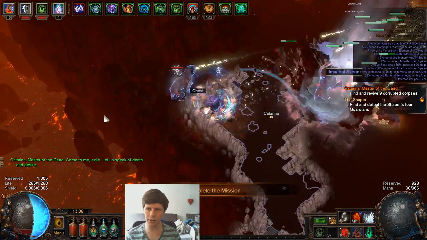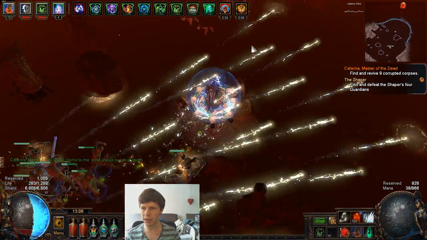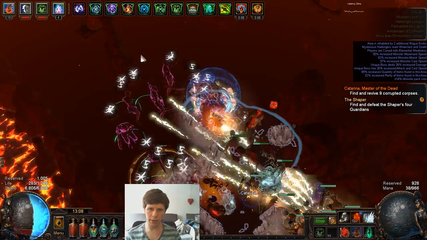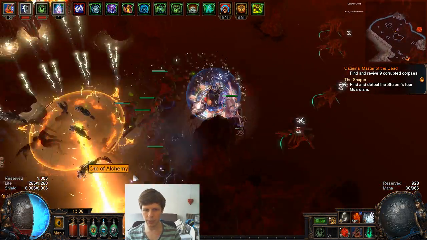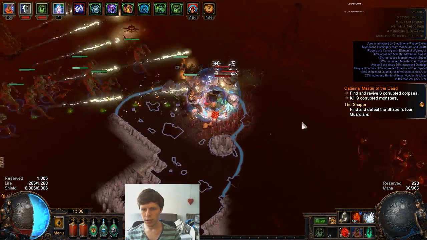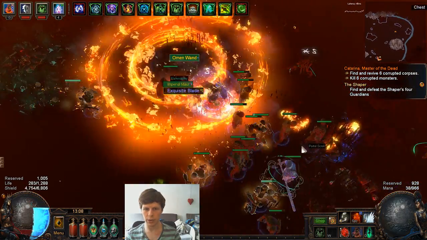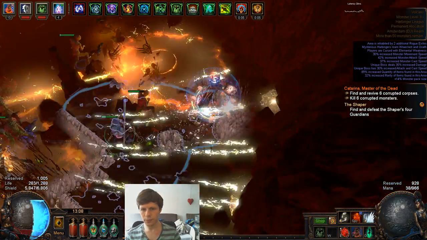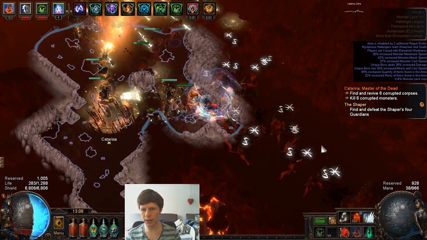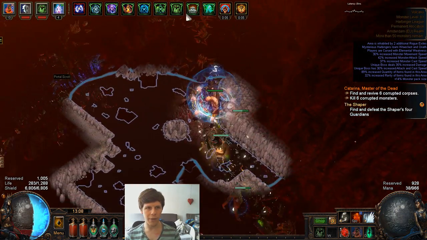So yeah, as you can see, I don't really need to do anything. I will sometimes use my Glacial Cascade for rares to proc Elemental Equilibrium, sometimes for magic packs when I need to really direct my solar guards, but they have really good target acquisition, so generally you won't need to do that. So yeah, I'm also running with Vaal Grace